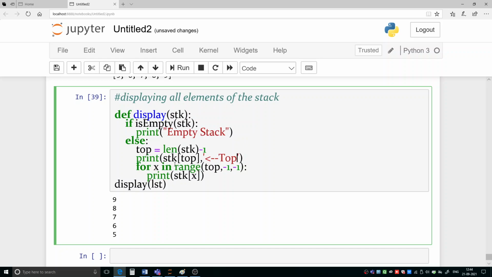After that we have to print all the other elements. Top has been printed separately here. Now we have to start printing all these elements without any label. So now our starting point will be top minus 1, then it will go up to -1 and the step will be -1, and all the elements will be printed.